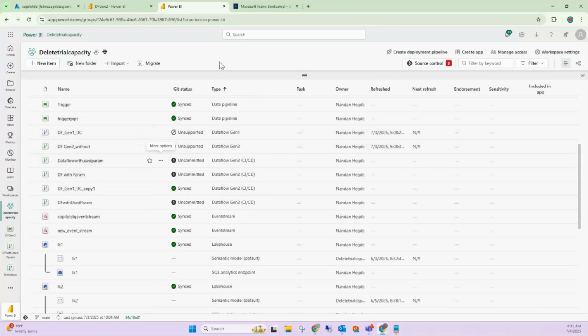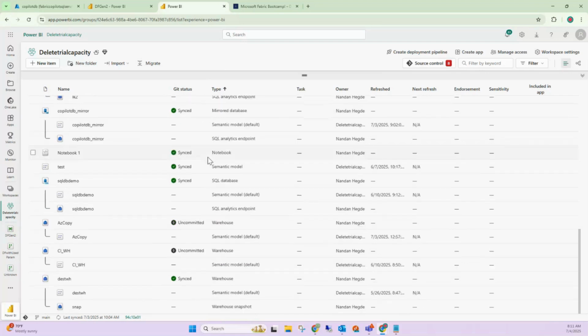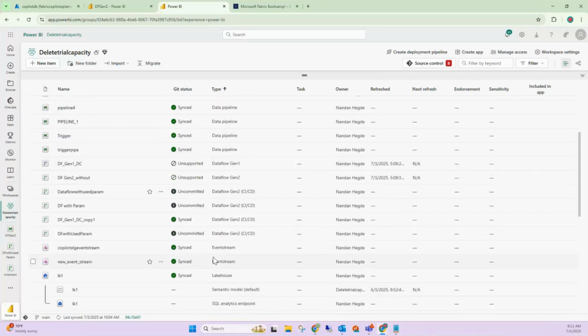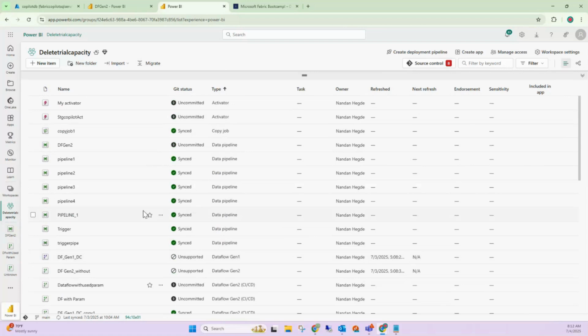Now, whenever we create any data flow, some additional components get created within the workspace that are not directly visible to the users in the workspace URL or in the workspace UI. What do I mean by that? Correct? I'll explain that in a couple of minutes. Correct? But now,